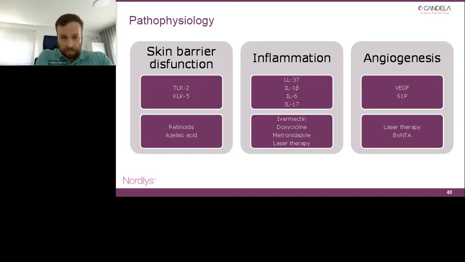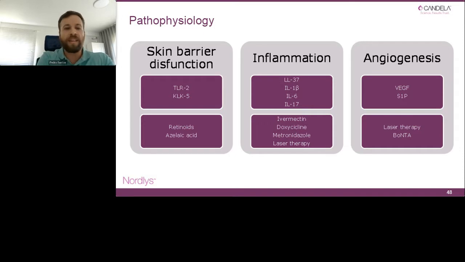On inflammation, we have two main actors: cathepsin, LL37, and interleukin 17. Almost all of the therapies that we are using address these two pathways,